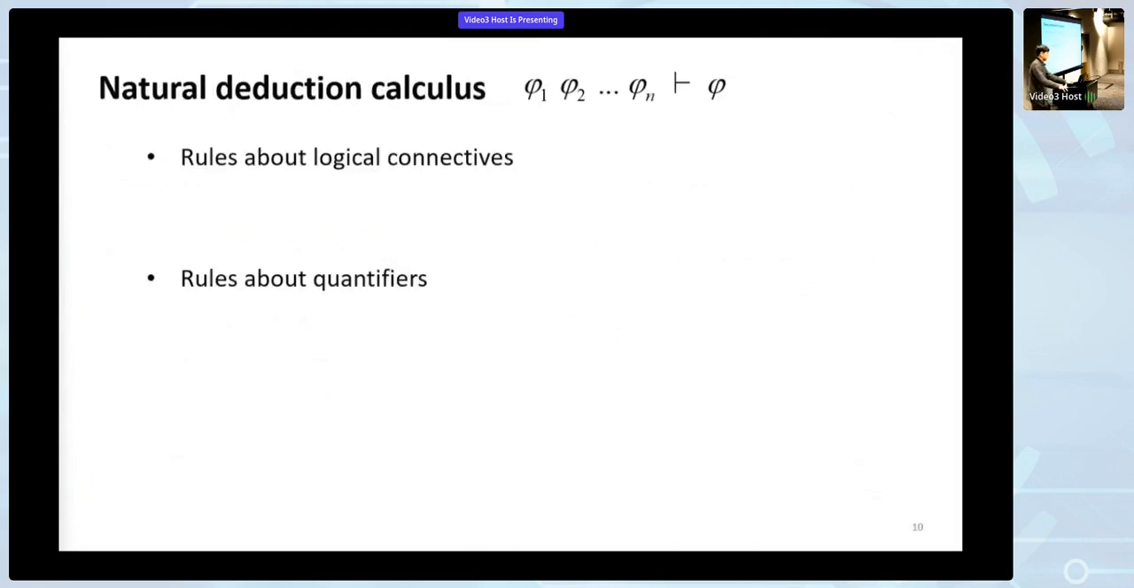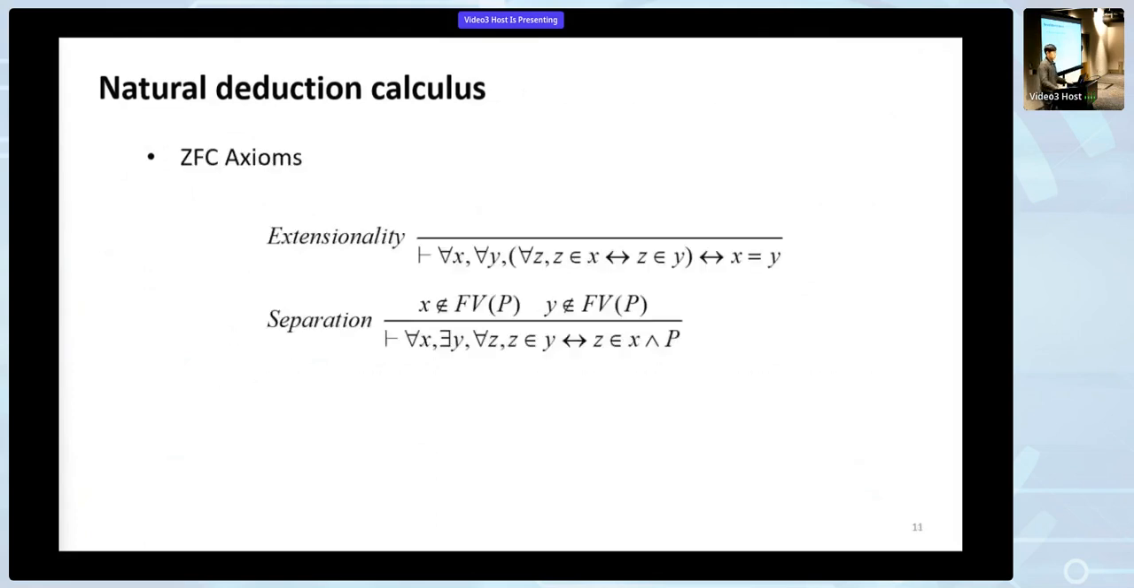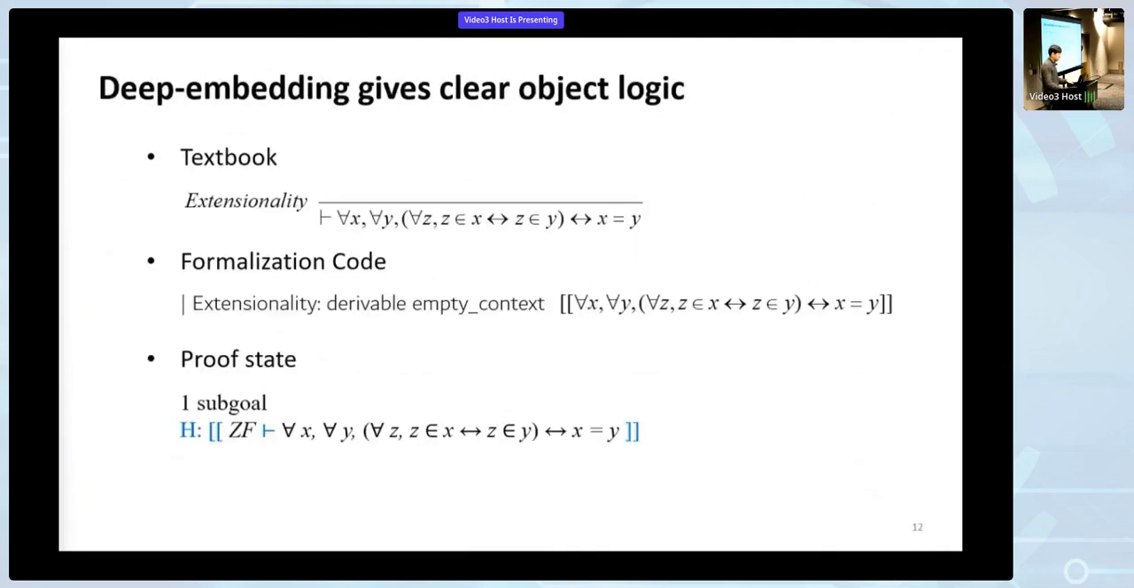Now let's move on to the deduction system. We choose the natural deduction calculus, which is on the textbook. It is composed of a context, which is a sequence of propositions, and that derives one proposition on the right-hand side, which is the conclusion. These rules are directly copied from the textbook. We have rules about connectives, rules about quantifiers, and the ZFC axioms. This formalization of the set theory is nothing new, and I believe that all of you are familiar with it. But what I want to emphasize is that this deep embedded approach gives us a very clear object logic, so that